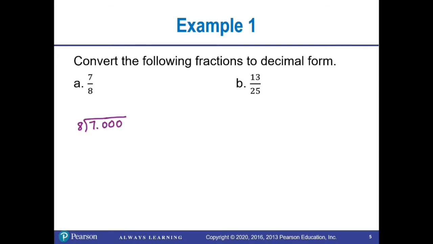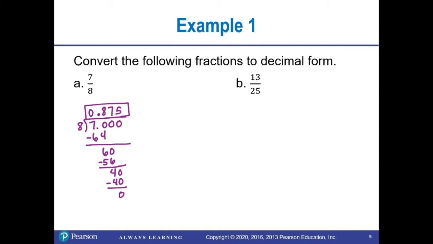Now you'll notice my decimal place goes after the 7, and I wrote zeros to the right of that decimal place. Remember, if you write zeros to the right of the decimal place, you do not change the value of your number. Don't forget to line up your decimal places when you divide. And 8 does not go into 7, so we have a 0 in the ones place. But 8 will go into 70 8 times, and that leaves us with 6. Bring down your 0. 8 goes into 60 7 times with 4 left. Bring down the next 0, and 8 goes into 40 5 times, and we have nothing left. And so our answer here is